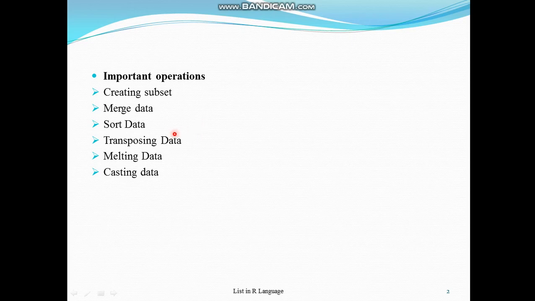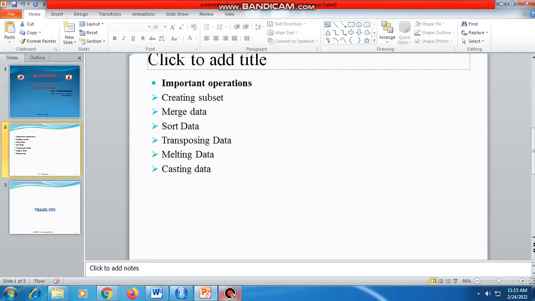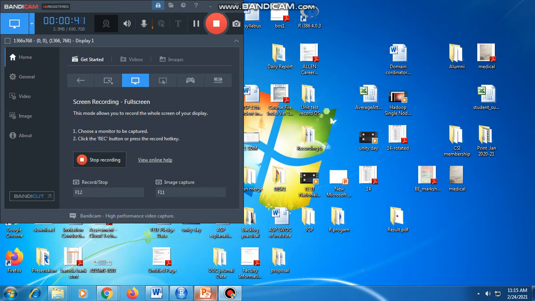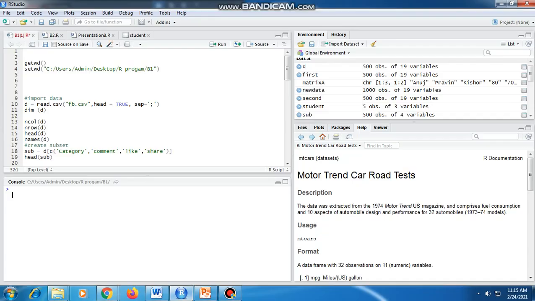So we will see this with the help of the Facebook dataset, and how to do these operations on it.